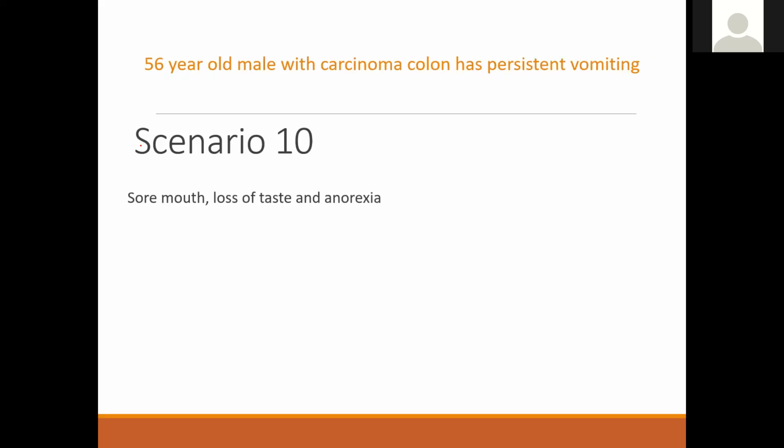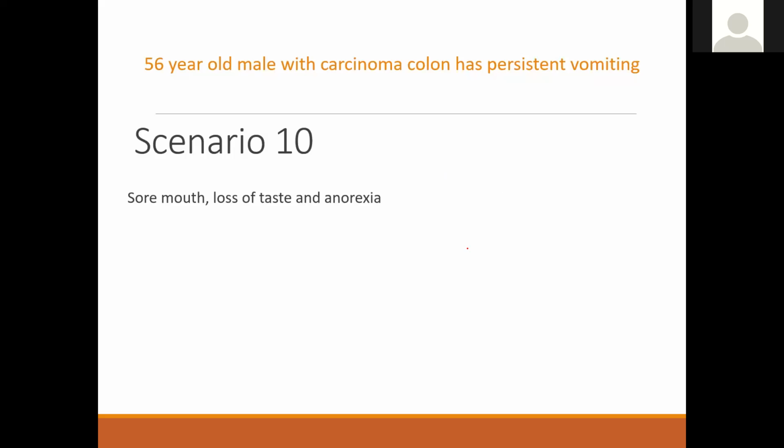And the last scenario, I have given this clue during the presentation also: the patient is having sore mouth, loss of taste and anorexia, unable to eat anything because of bad taste in the mouth. Oral hygiene. There is one answer in the chat, it is oral thrush, so it may be due to candidiasis infection. So here we have to treat with antifungals rather than giving an antiemetic. We don't need an antiemetic at all here usually. With good antifungal therapy, this will subside.